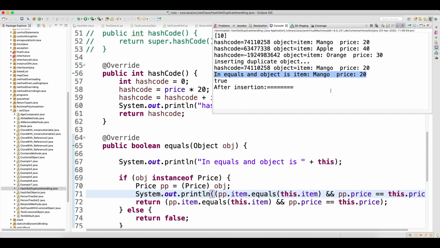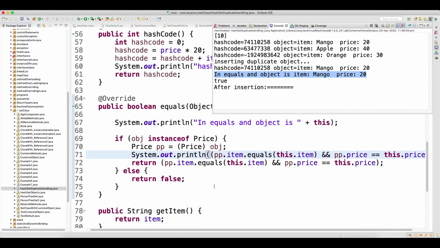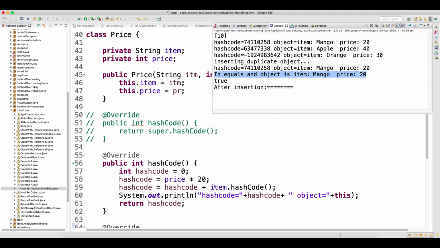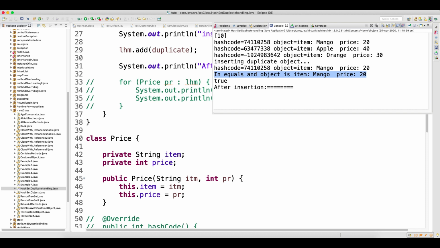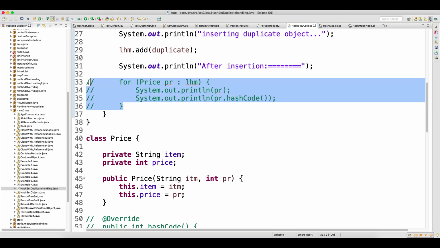We are printing in equals and object is, item is equal to mango, price is equal to 20. Because every object you have has an item and price, so the same thing is getting printed. Item mango, price 20, in equals is this, and this is returning true. So when this returns true, your data insertion will not happen.